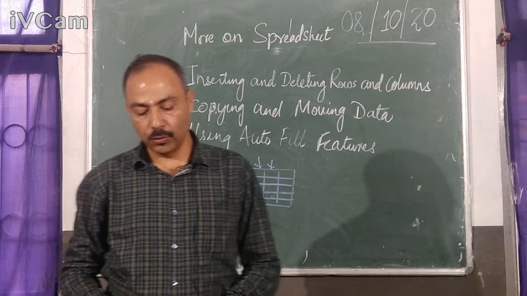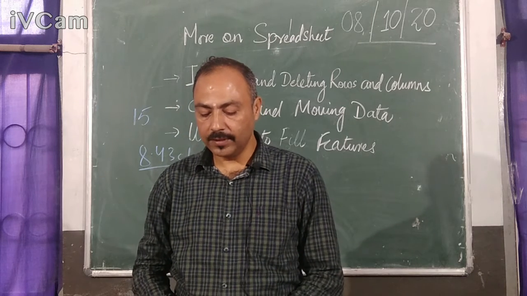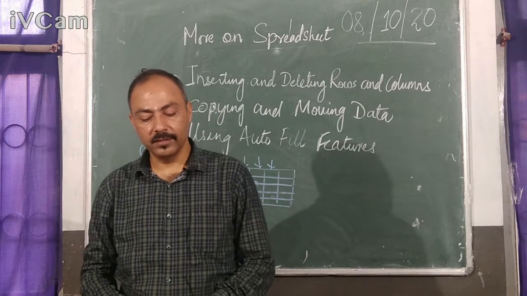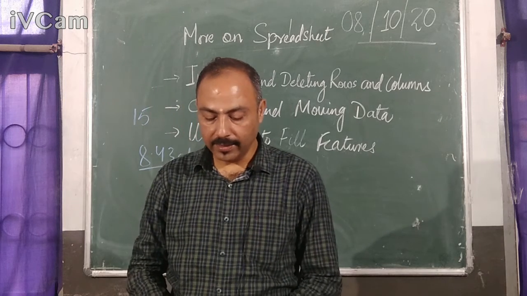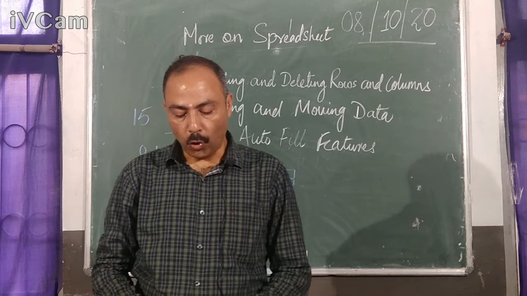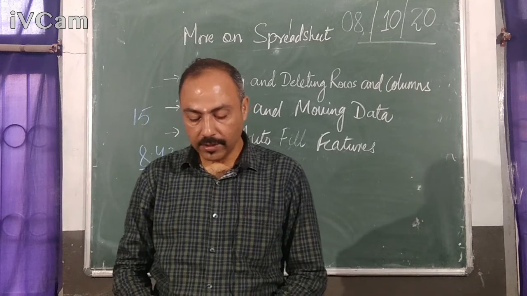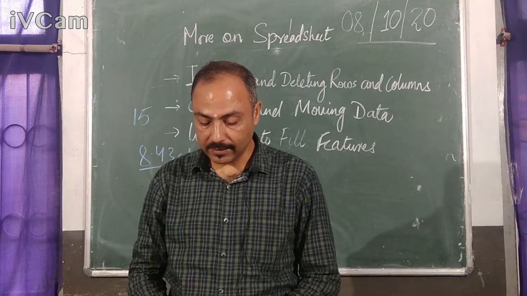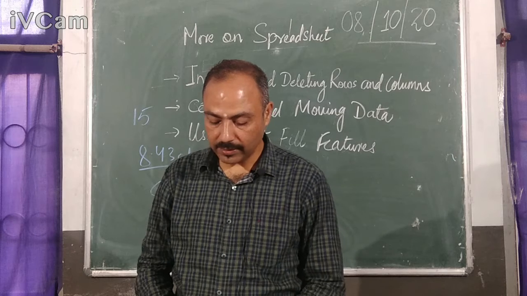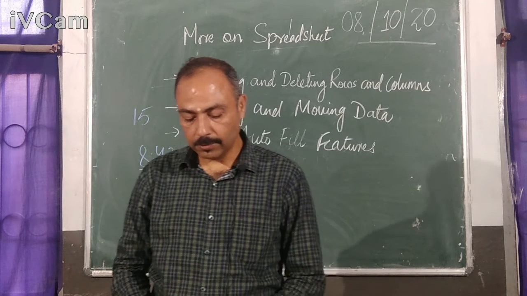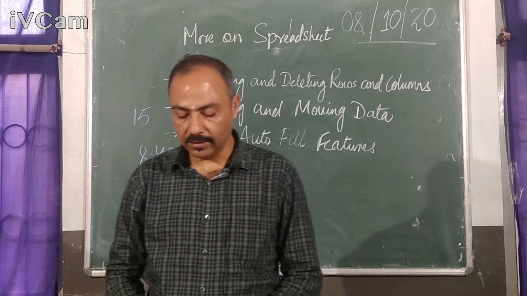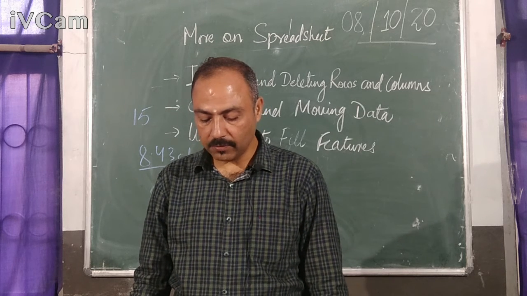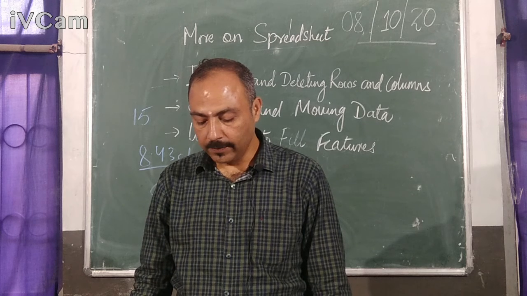You can adjust the row heights and the column widths to fit the content in a cell. The row height and the column width can be adjusted in multiple ways, like setting a specific height or width, or using AutoFit, changing the default width of the column. So, setting the specific heights and widths: how to set the height and width? Specific heights and widths change the height and the width of the selected rows and columns.